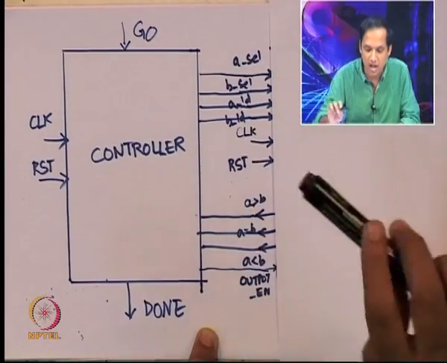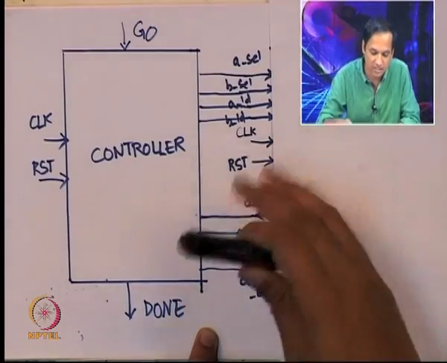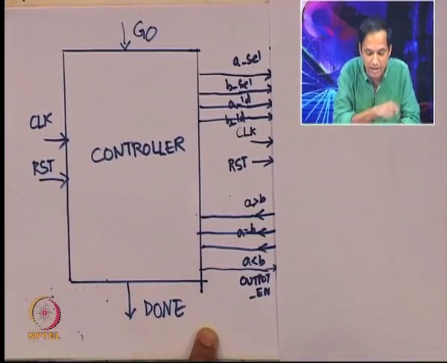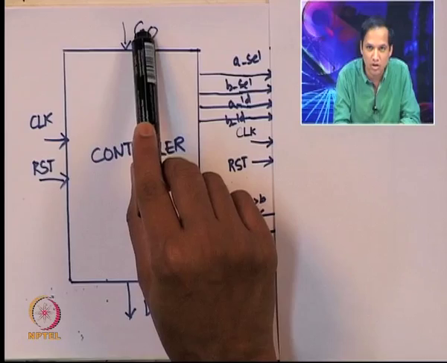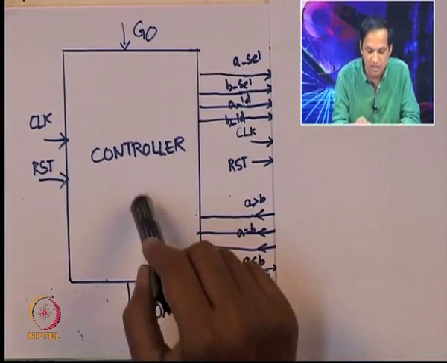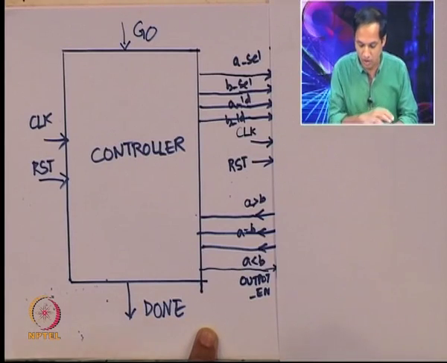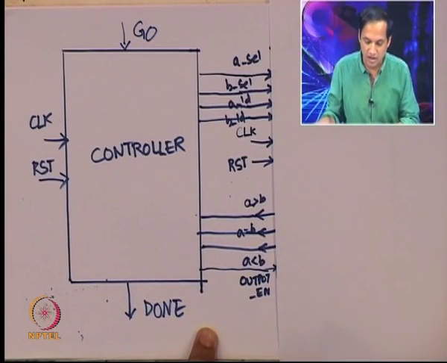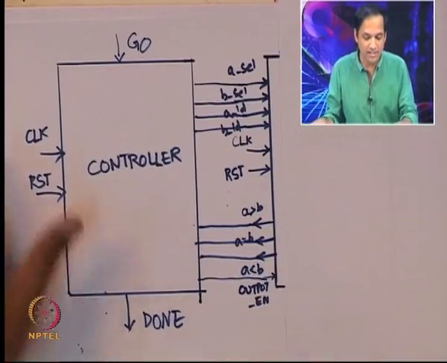Clock and reset are something that is common, right. So, the controller also takes clock and reset. Besides these, there is also a line called go that the controller will take, and it will generate a signal called done, which will come from the controller. So, we need all these different things for the controller to do. So, let us see how to go about doing this. We are at module 37 and I am going to show you how to do this.